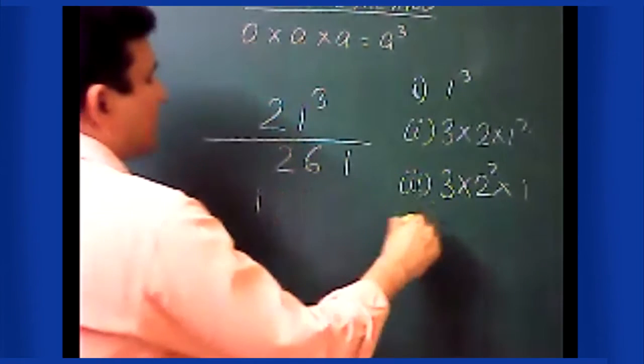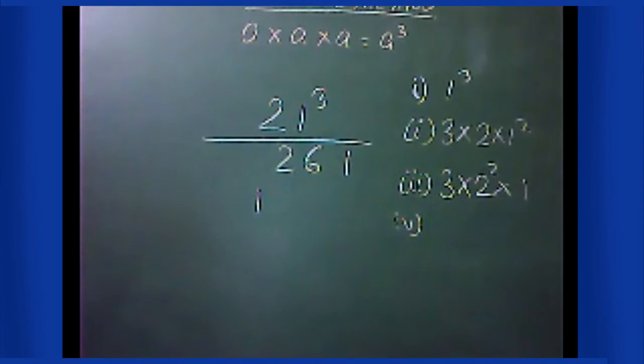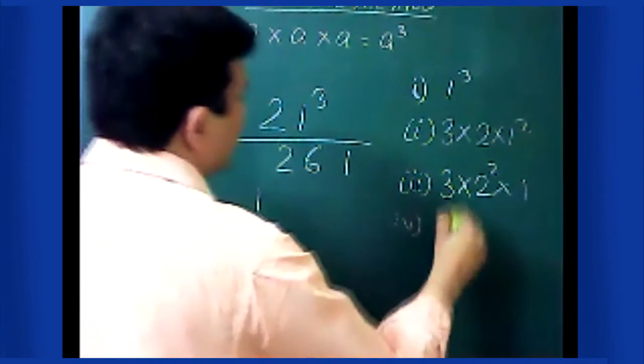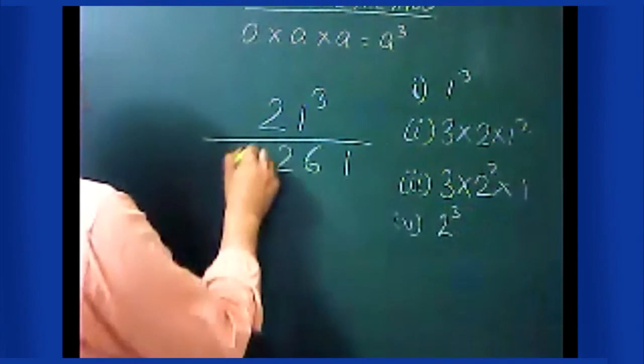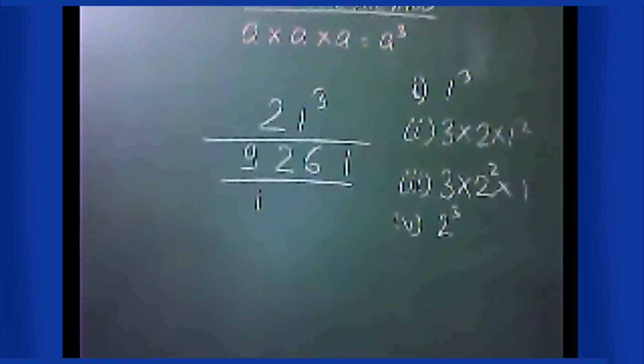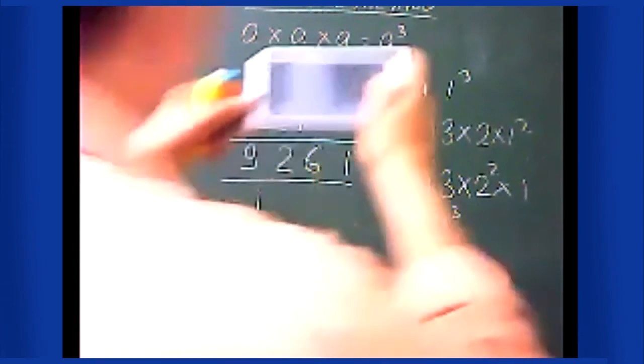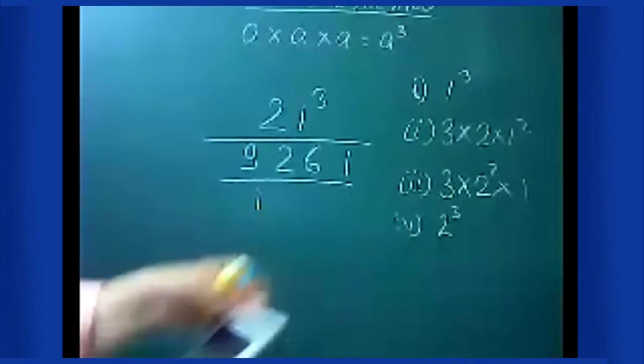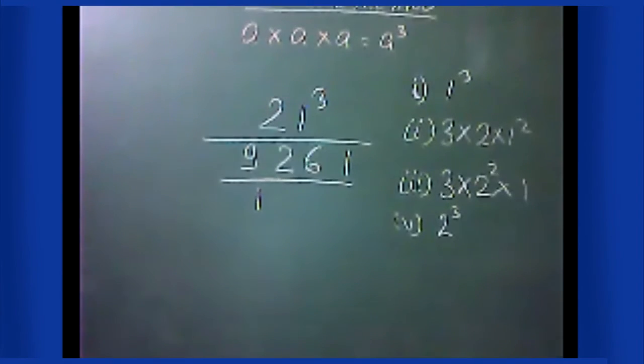Now what is the fourth step? 2 cubed. You have to cube 2. Yeah. And then you get 8, and 8 plus 1 is 9. So this is clear now? Now it is clear. Very nice. I forgot to cube the third. I cubed the third step, but I'm supposed to square it.